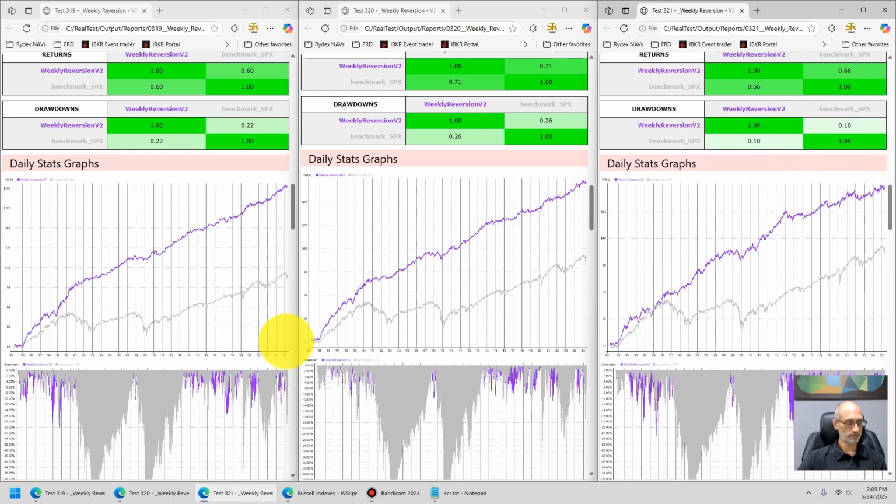So you can see there's a bit of a degradation in performance as you get bigger and bigger in the indexes. And the reason for that is, and practitioner research over the years has shown this, the mean reversion anomaly that we're picking up on in the strategy tends to be prevalent in larger cap stocks. And the reasons for that are numerous. For example,